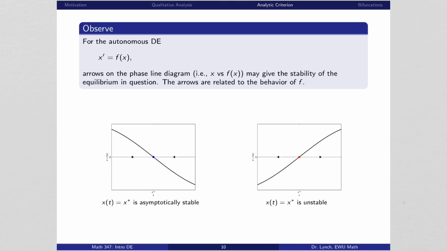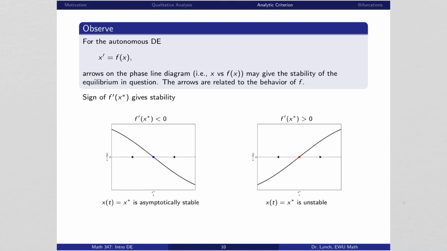Okay, so you can see that actually the sign of the derivative of f with respect to x here tells us whether a solution is stable or not. So in particular, if f is decreasing through an equilibrium solution, we can see it's stable. And if it's increasing through an equilibrium solution, we can see it's unstable. Now, that information about the stability of the equilibrium as it relates to the derivative of f with respect to x